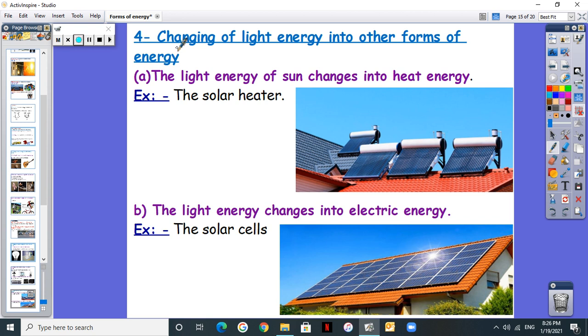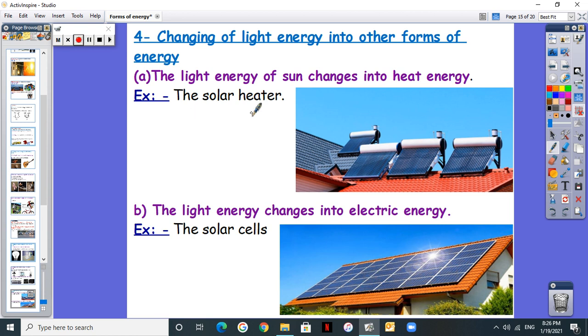Number four, changing of light energy into other forms of energy. Light energy can change into other forms of energy. How? Letter A, the light energy of the sun changes into heat energy. The sun gives us heat, gives us light, and this light energy can change into heat energy in the